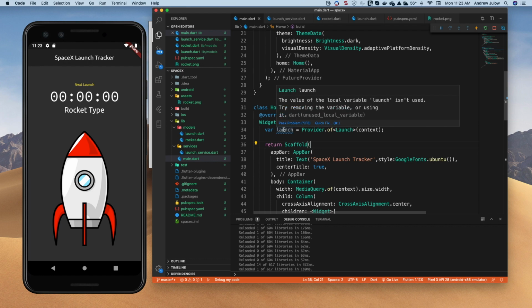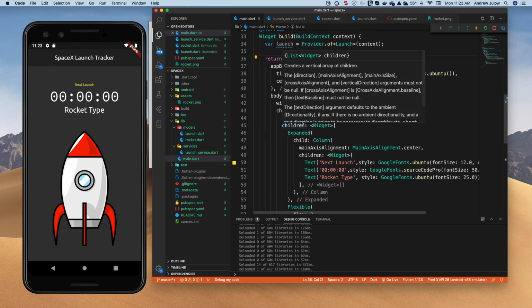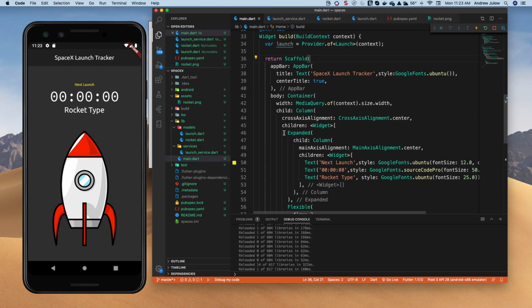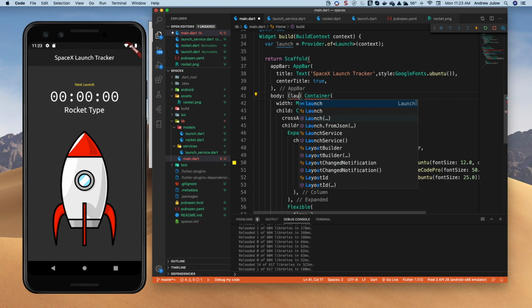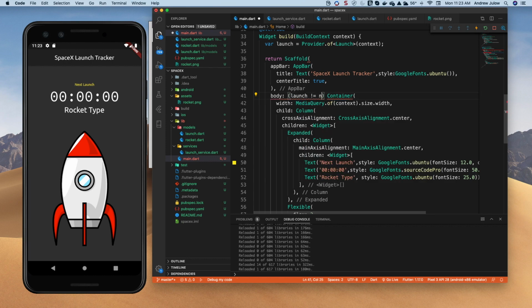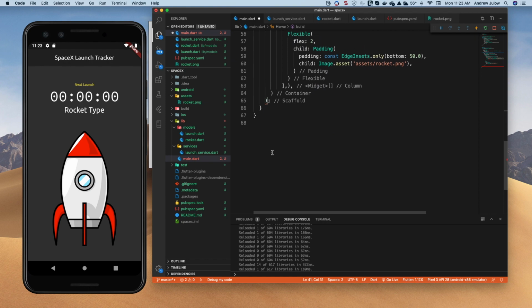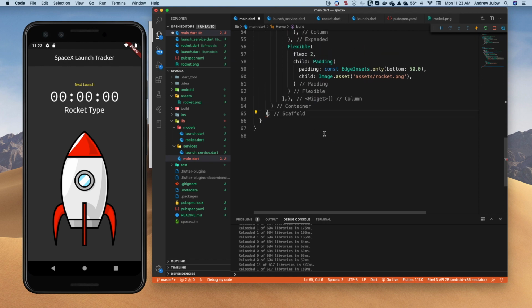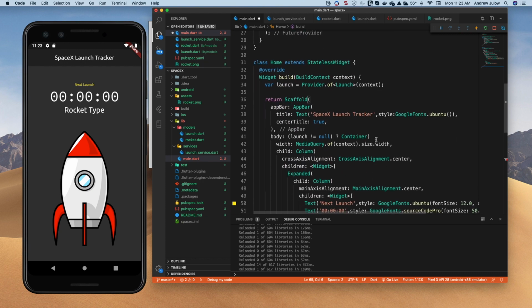All right, so that may or may not have been resolved yet, so we want to code around that possibility. So down here in our body, let's throw a statement in here to check if launch is not equal to null, and then put a question mark here. We're going to present our interface here that we just created, or our presentation widget, and then down here after the container,